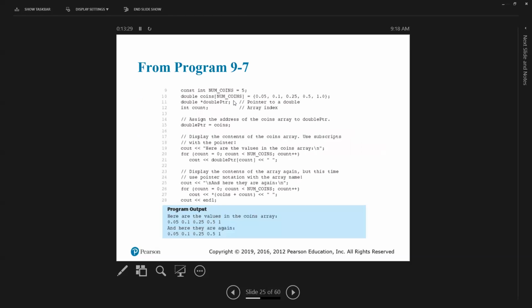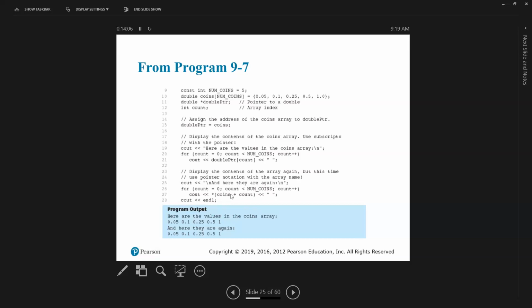Okay. So we have an array in this one that has 5 values, the 5 values in the coins array. And then we have a pointer that's going to point to a double. And then down here, we're going to have a for loop that looks just like our for loops before. It's going to go through the number of coins in your array. And then here is a way to write it like we would write it before with the array and the count variable. And then here is a way to write it as a pointer. So you would use this,